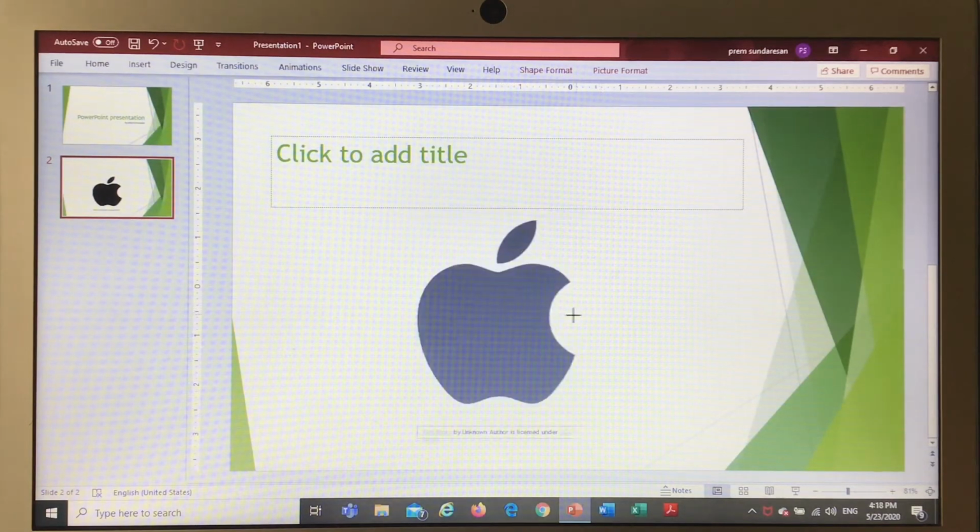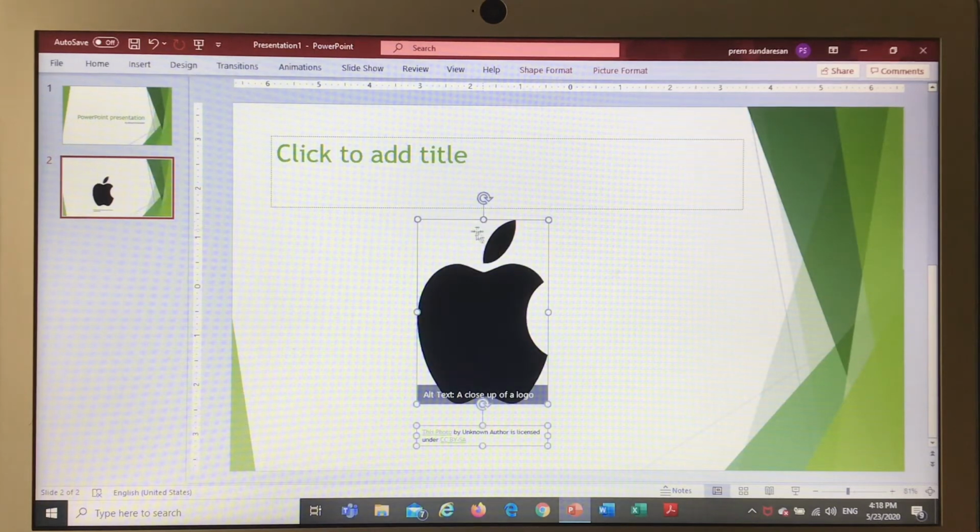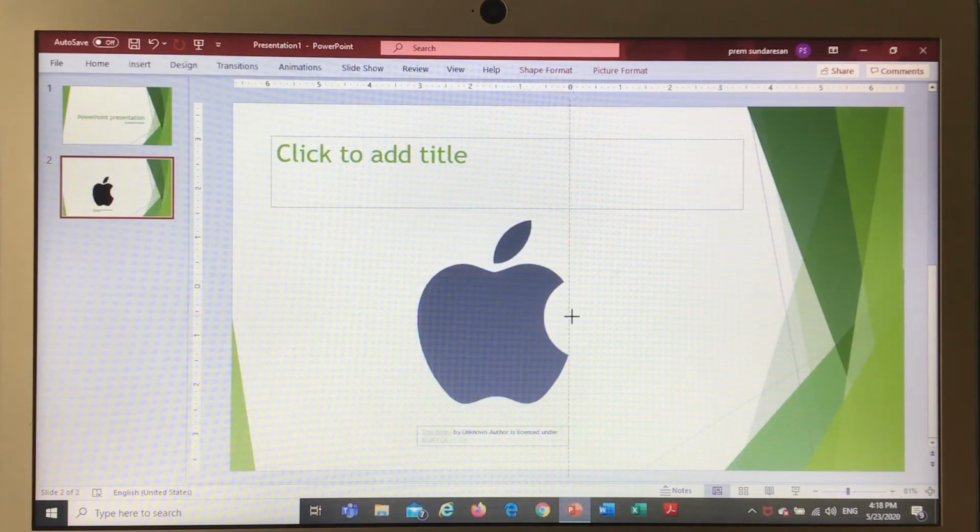And now to make it a bit more smaller, you use the dots that you can see on the sides, and to know that you can move it by the dots is to bring your cursor and it suddenly transforms into a line with two arrows on the end. So I'm just going to make this a bit bigger.